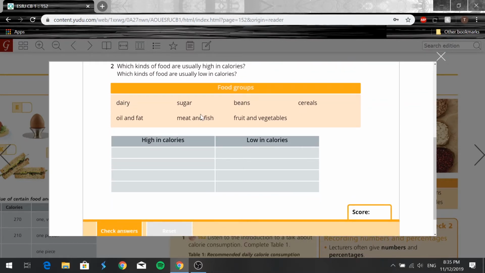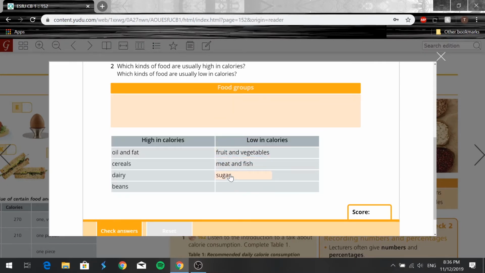So let's start with foods that are high in calories. You guys got to understand that the macronutrient fat has 9 calories per gram, and that makes it the highest macronutrient in terms of calories. So oil and fat is high in calories. We'll say that cereals are also very high in calories because they have insane amounts of sugar and other carbohydrates. Dairy products are also high in calories, and beans are also quite high in calories, as opposed to fruits and vegetables, which are low in calories. Meat and fish are also low in calories,